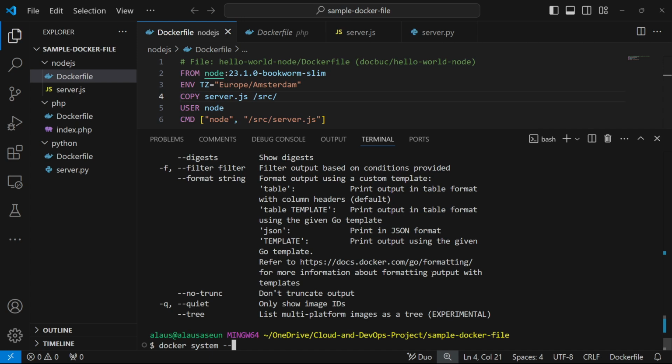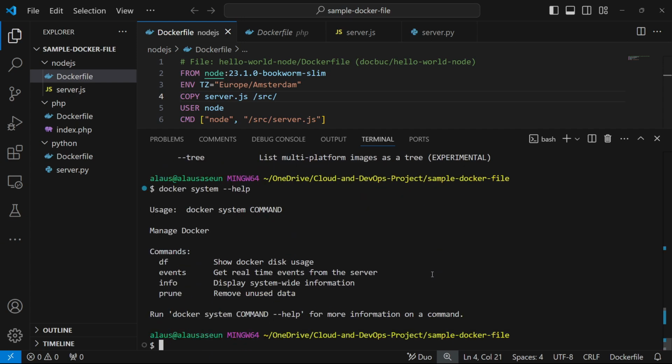And then you can do L for that as well, and check the things that you can do with that. So the Docker system is basically a command that can help you to manage your Docker system in terms of checking the disk usage, in terms of checking the information about your Docker engine and your Docker system that is running. And also, you can do Docker system prune to basically delete all the containers that are not running,